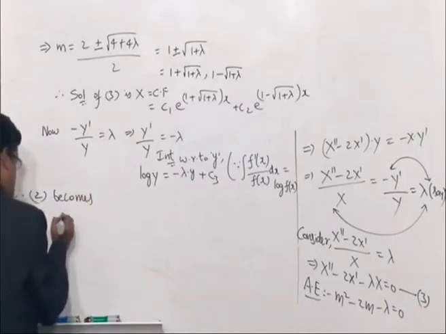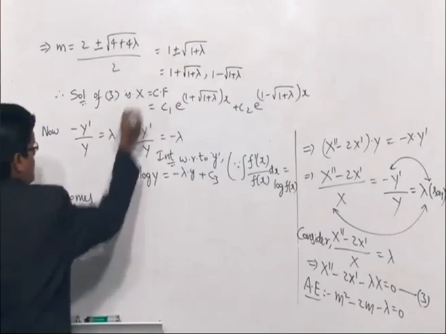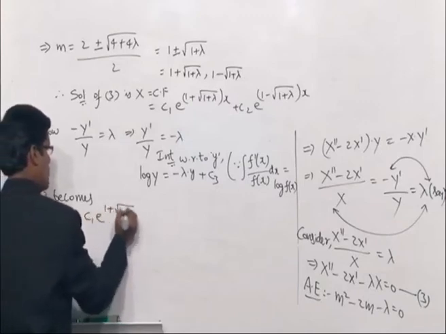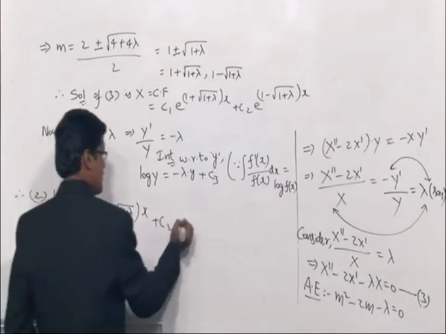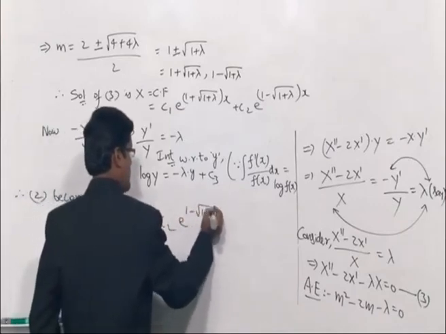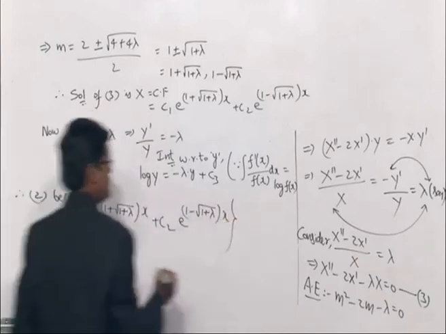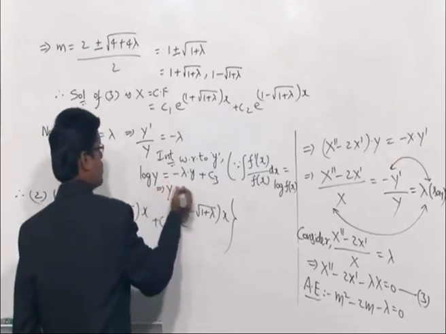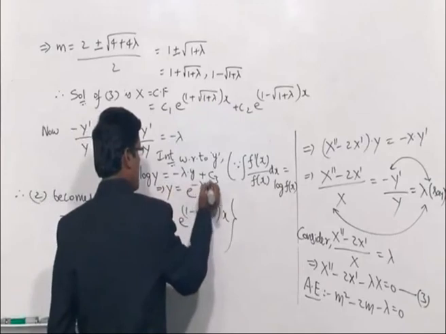What is equation 2? Z is equal to X of x times Y of y. What is X? This is c1 e power 1 plus root over 1 plus lambda times x plus c2 e power 1 minus root over 1 plus lambda times x, multiplied by Y. So here I can express y is equal to, after eliminating logarithm, the right side becomes exponential of minus lambda y